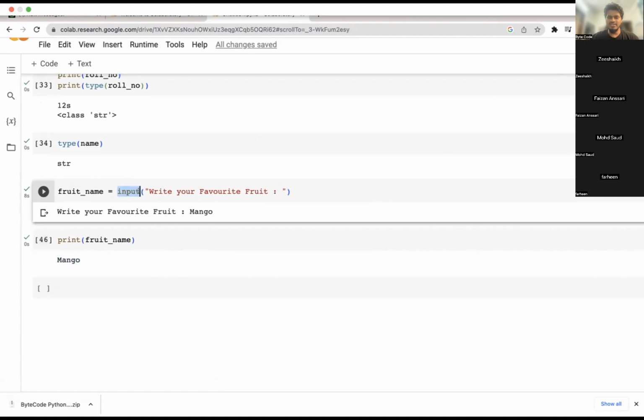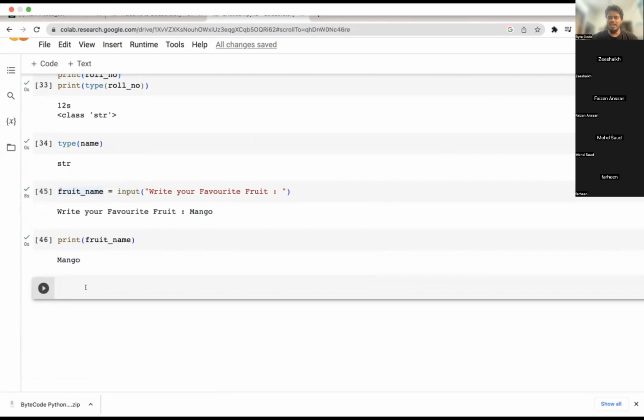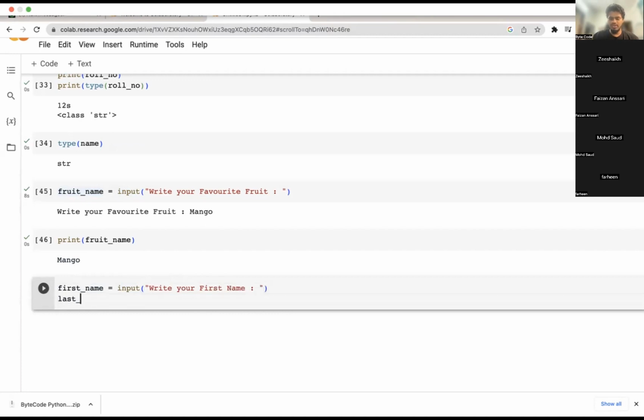This is once again an input function. As the name suggests, it takes input from the user. Instead of writing it here, it takes input from the user and stores it in a variable. You can create anything, like even our previous example, first name. I can say input, write your first name, and this will be last name. This will be input, write your last name.